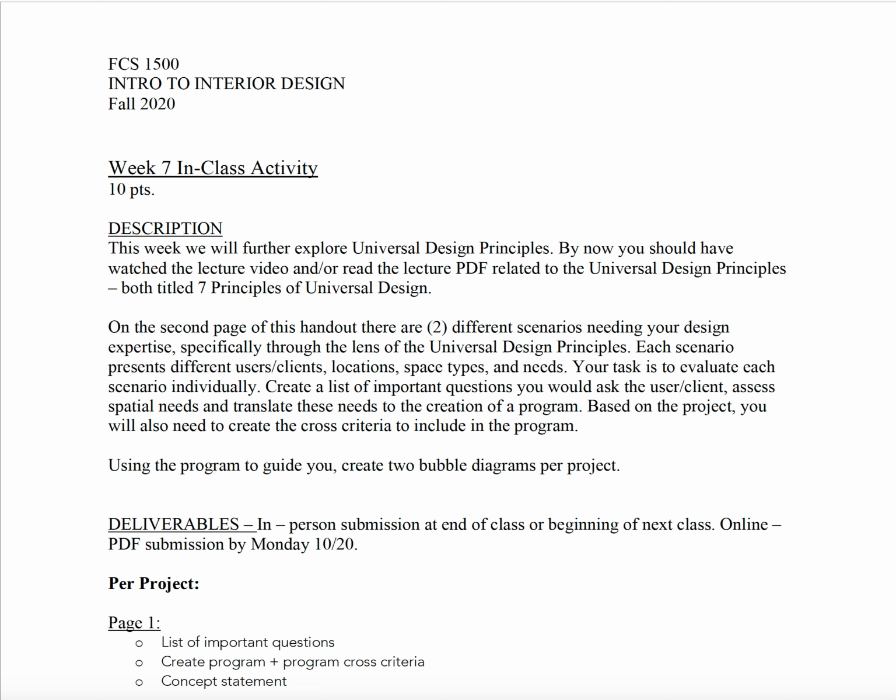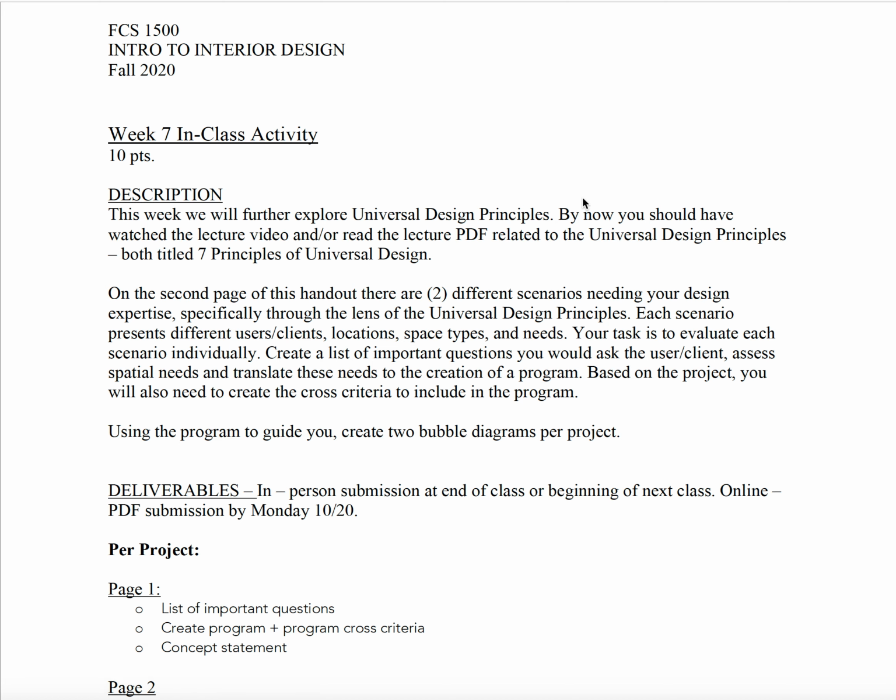Your task is to evaluate each scenario individually. Create a list of important questions you would ask the user or client to assess the spatial needs and translate these needs into a creation of a program. And based on the project, you will also need to create the cross criteria of the program. We'll talk about this. Using that program to guide you, you will also create 2 bubble diagrams per project. And so the deliverables are